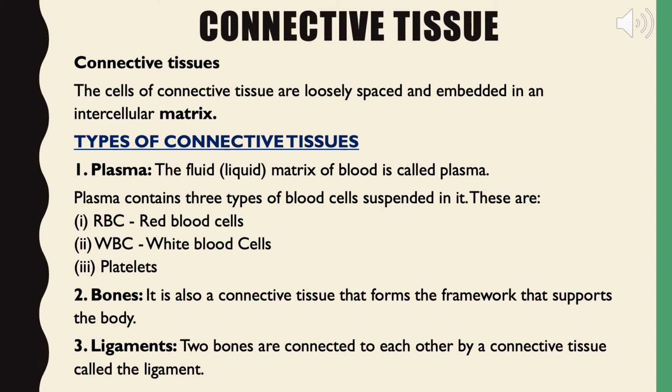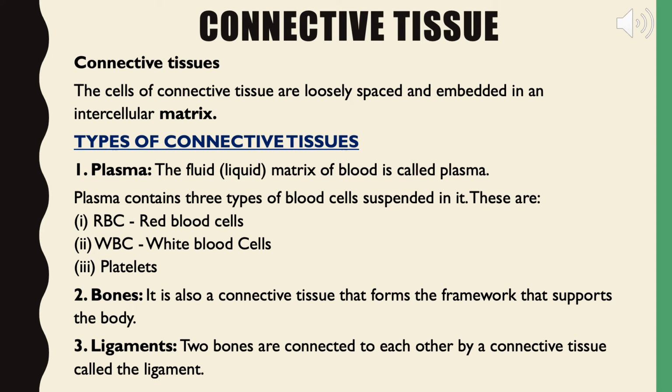Blood is a fluid connective tissue and it is composed of plasma. What is plasma? Plasma is a fluid matrix containing proteins, salts and hormones. It transports carbon dioxide, nutrients, waste and hormones. Then the second part of the blood is corpuscles, and these corpuscles are made up of RBC, WBC and platelets. The RBC gives red color to the blood due to the presence of a pigment called hemoglobin, and it helps in the transportation of oxygen.